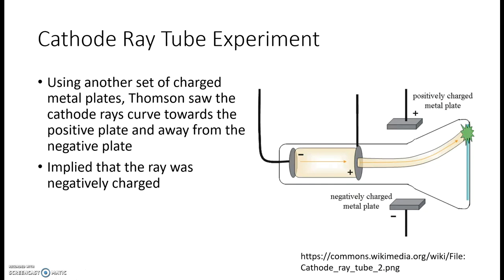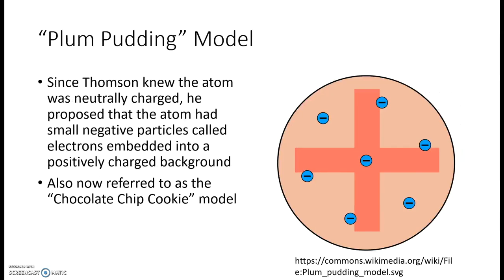When he runs this experiment, he ends up seeing that the cathode rays curve towards the positive plate and away from the negative plate. Now, if you remember, positive attracts negative, so this is already implying that the ray is negatively charged. So this is now telling us, in fact, the atom is divisible,